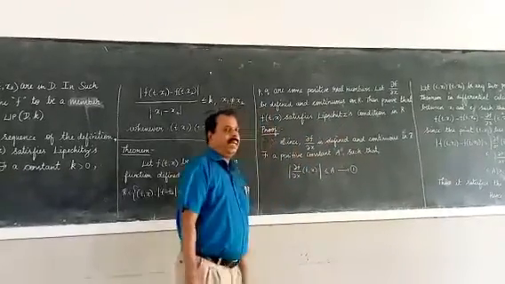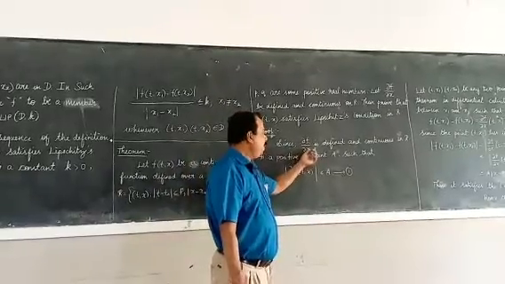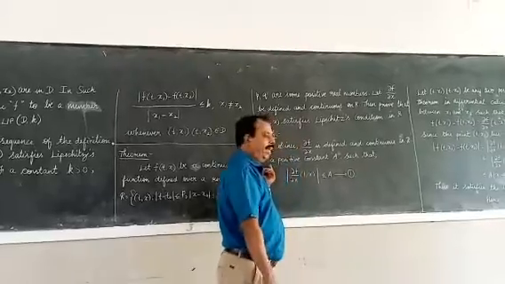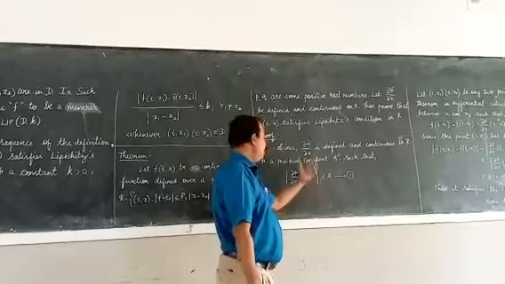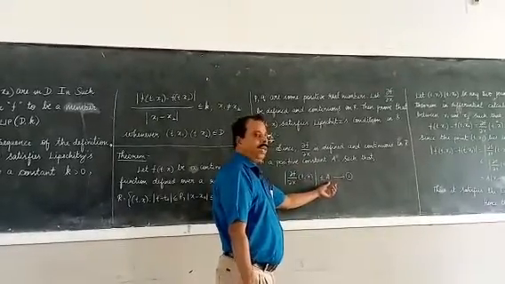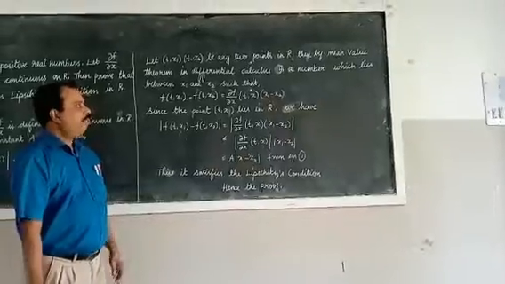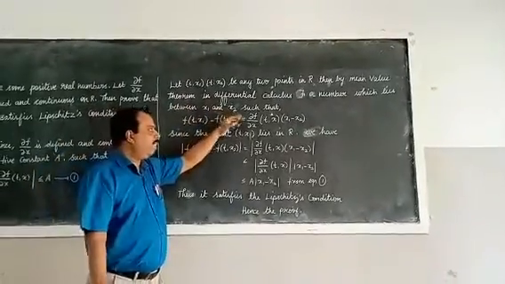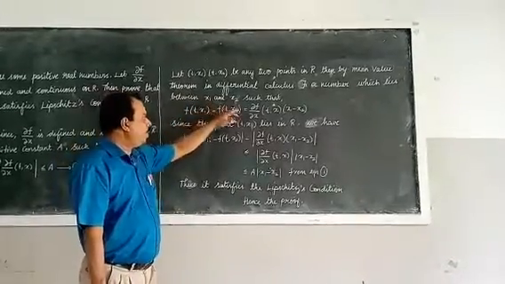Now we are going to write the proof. Since the partial derivative of f with respect to x is defined and continuous in R, there exists a positive constant A such that this condition is satisfied, that is, the modulus of the partial derivative of f with respect to x at (t, x) is less than or equal to A. This is equation 1. We need two points in R. Then by the mean value theorem in differential calculus, there exists a number which lies between x1 and x2 such that